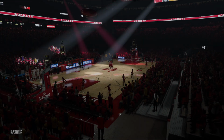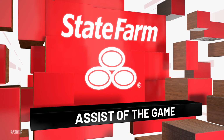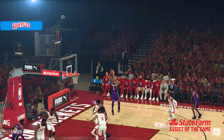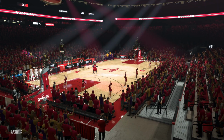And while we can now, let's take a look at today's State Farm assist of the game. It's just true artistry right there. I mean, great decision on where to go with the ball, and how about the perfect delivery? How about the unselfishness? Night in and night out, we see guys trying to force their own agenda. Not that